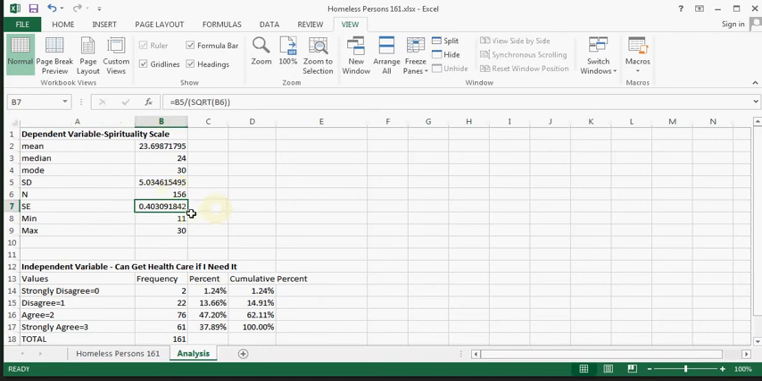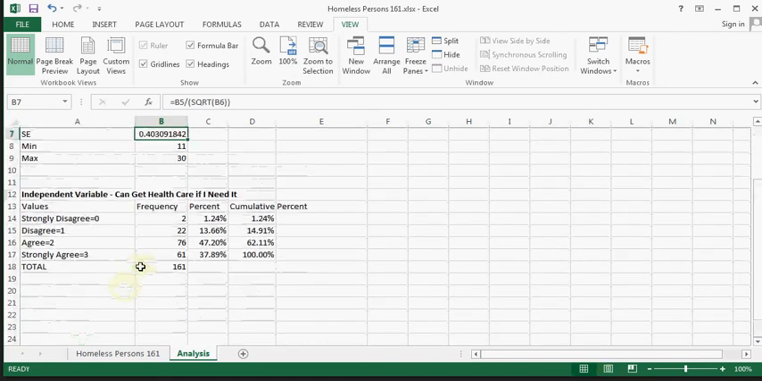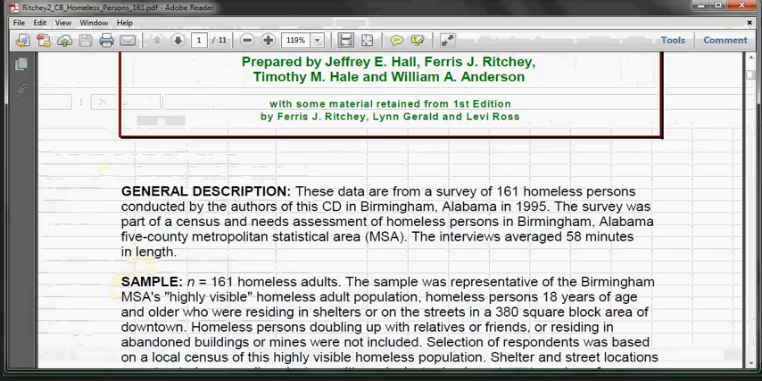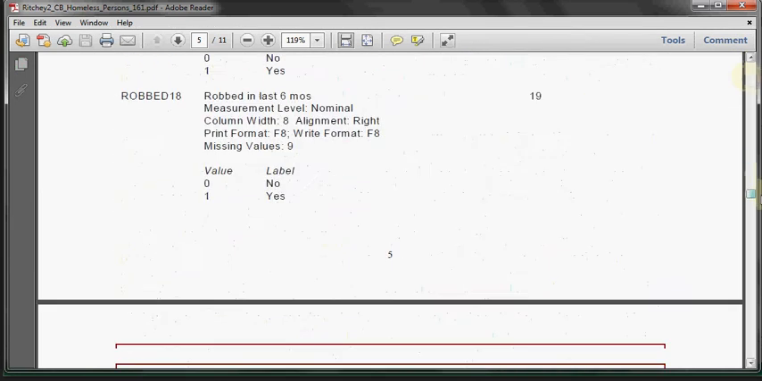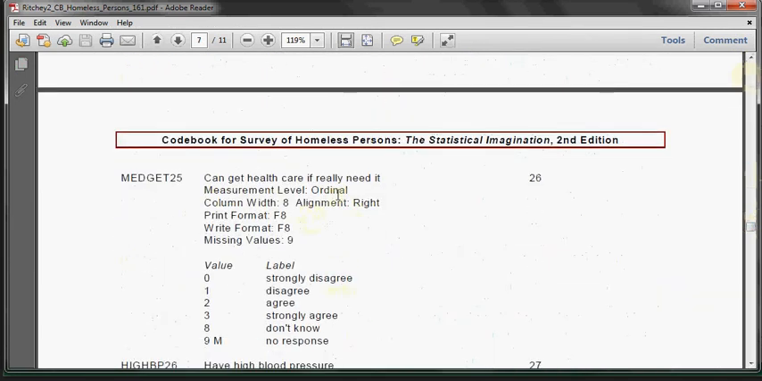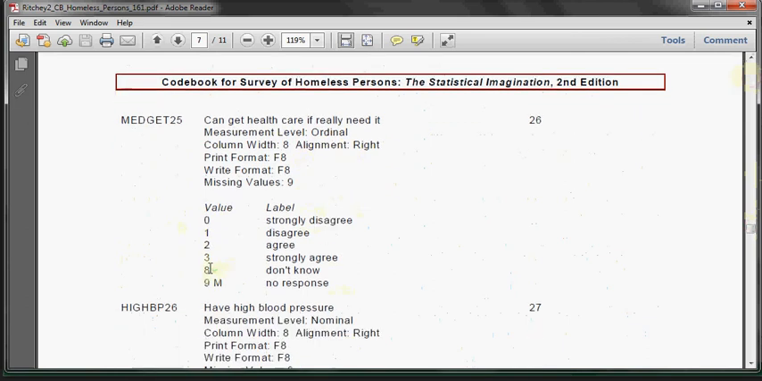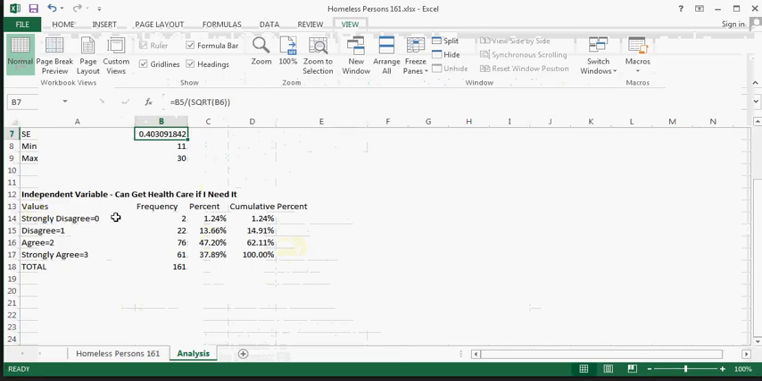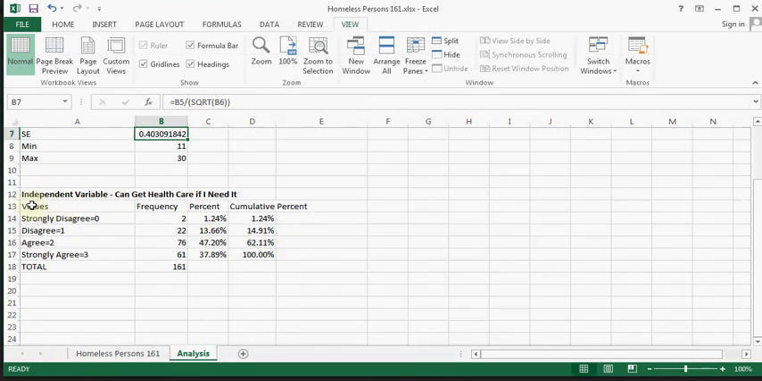So that should cover the dependent variable. Independent variable is a little bit different. First of all, I've picked the "can get healthcare if I need it" variable, medget25, can get healthcare if I really need it. It's an ordinal variable, and it's got the codes for strongly disagree, disagree, agree, and strongly agree, 0, 1, 2, 3. So what you're going to want to do is, for your independent variable, underneath values, you'll want to